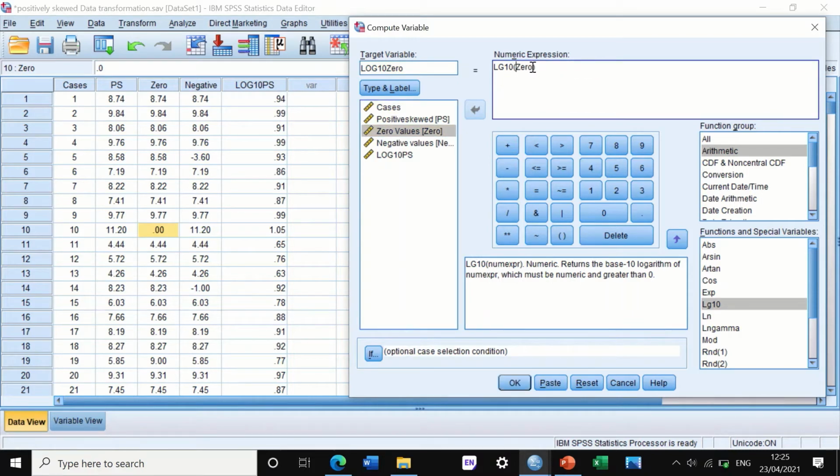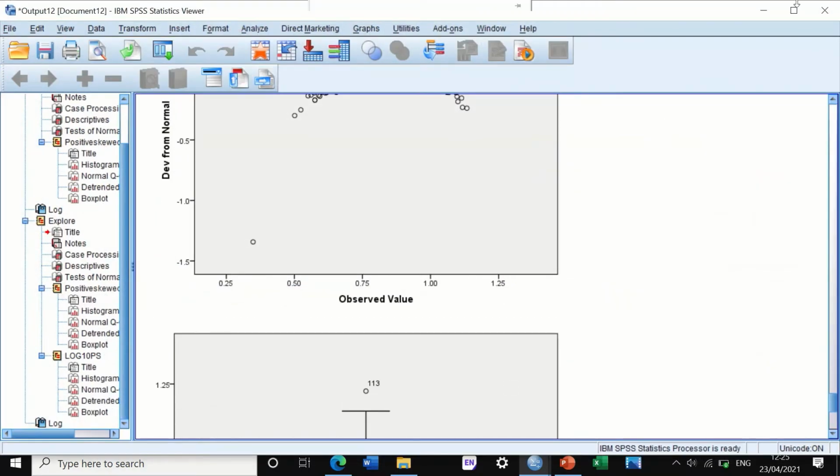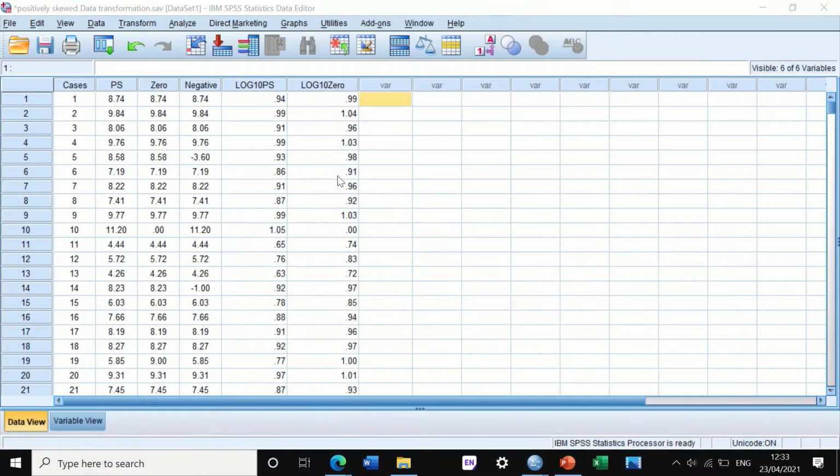And so the log 10 for 0 will not be calculated, so I had to add number 1 to it, so that 0 become 1, so log 10 can be calculated. So if I hit the button for OK,